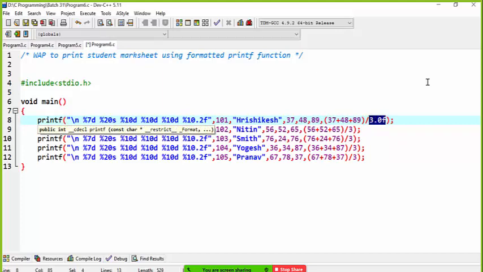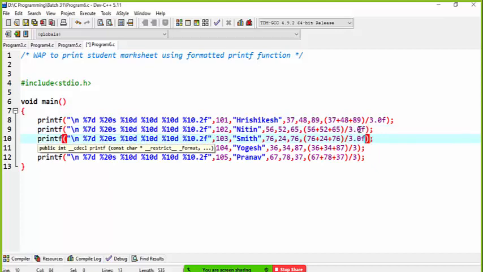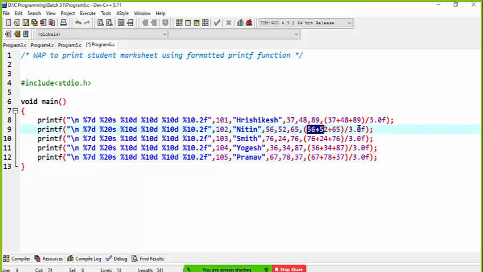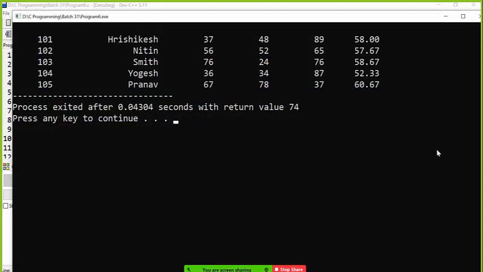You tell the system to consider this not as an integer but as a float value. When you divide by a float value, of course the answer will be a float. Otherwise the system by default does integer division. I compile and run. Now the answers are what I am expecting.